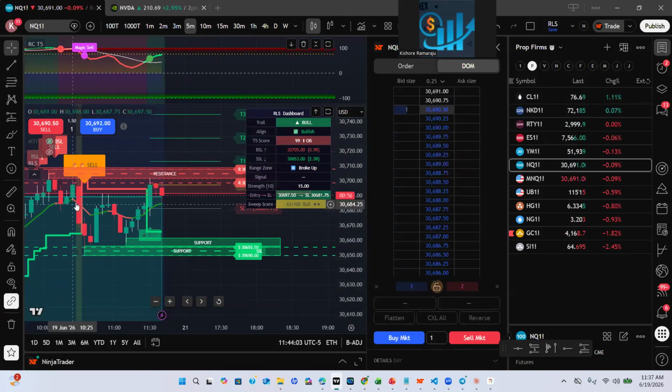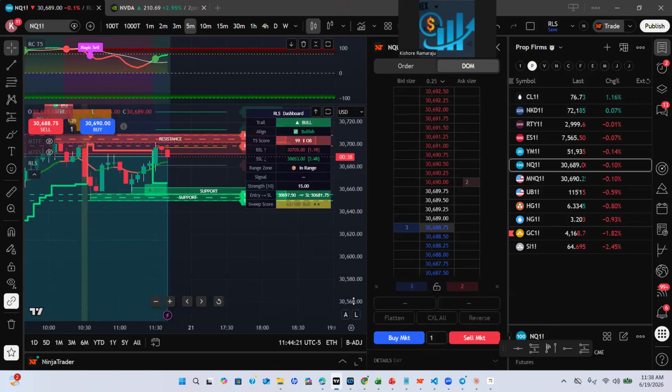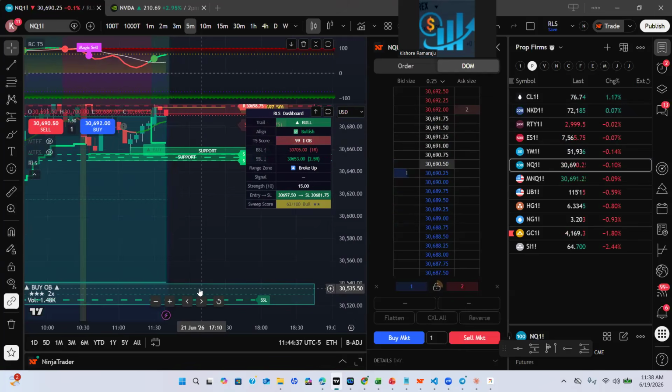I have some buy orders here. It grabbed the buy orders, again went up, took some more sell orders. Again, the market will always try to grab the liquidity. So you have a lot of sell orders here, you have buy orders here. Whenever the buy orders are over, then it will drop all the way to the bottom. So it came down, went up, again came down, again went up, did a double top. So one more time, if it comes down and the number of buyers is less here, then we'll see a huge drop until 35, 36 on a Sunday evening.